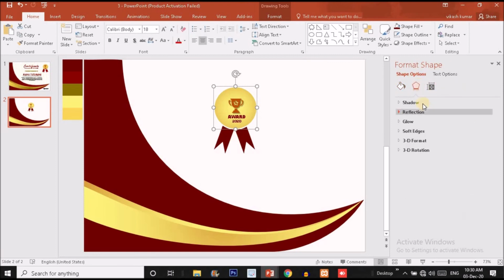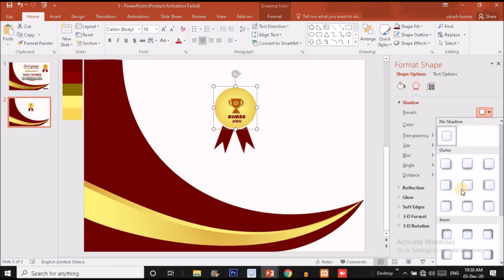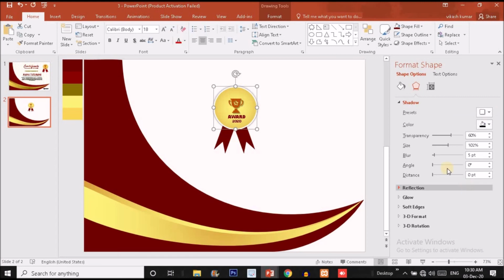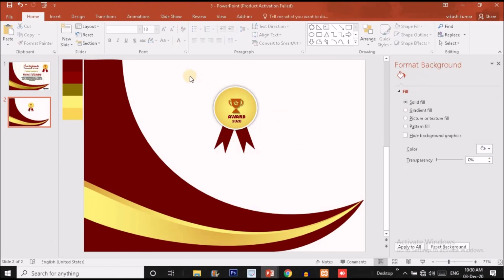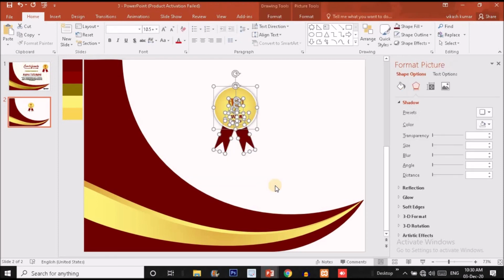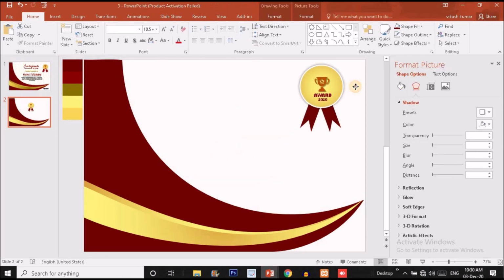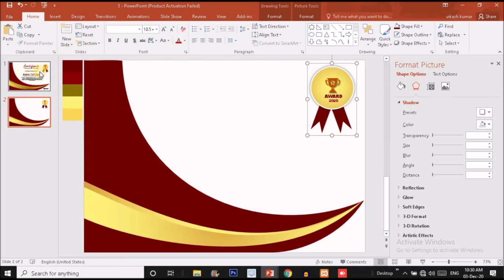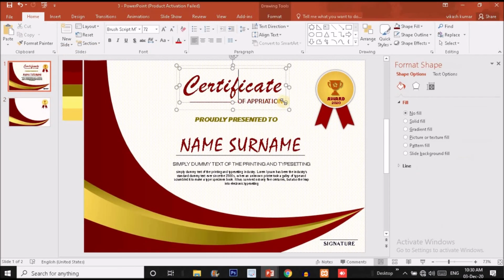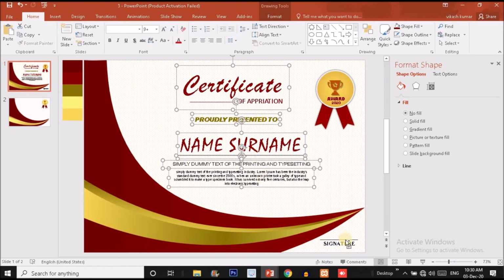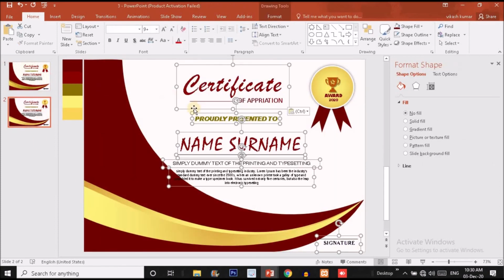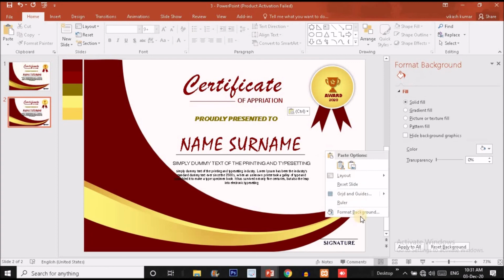Now for this shape, I will use the shadow effect. I'm going to use the offset center shadow, this particular option, and the blurriness should be maybe 7 or 8. So now group all these by pressing Ctrl G and put it to the right side of this certificate. Now it's time to copy all this text from the previous group, this one, as well as this one, and the signature. So I'm going to copy it and paste it over here, guys, like this.